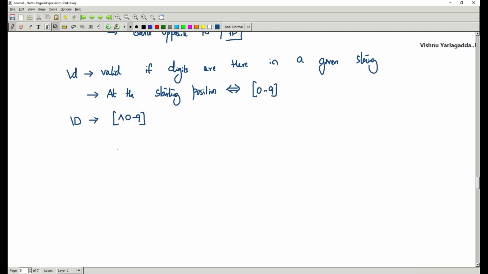If non-digit characters are there, then it is valid.